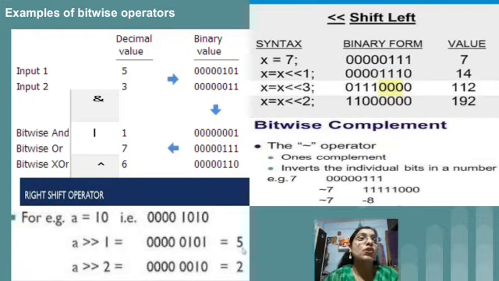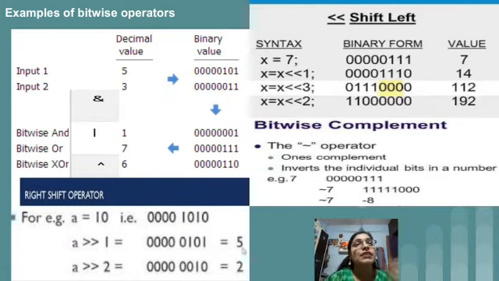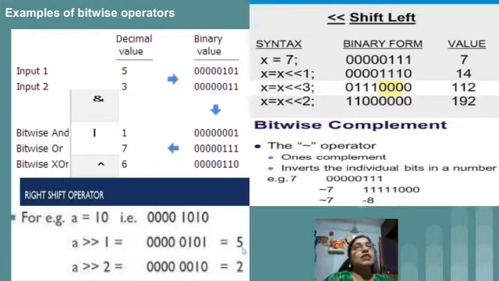Similarly, bitwise OR is similar to the logical OR gate. In logical OR, only if we have 0 and 0 will we get output 0; otherwise all are 1. So 1 and 1 gives 1, 0 and 1 again gives 1, 1 and 0 gives 1, and the others are 0. So at the end we have 1 1 1, which is nothing but 7. It is the binary value of 7.